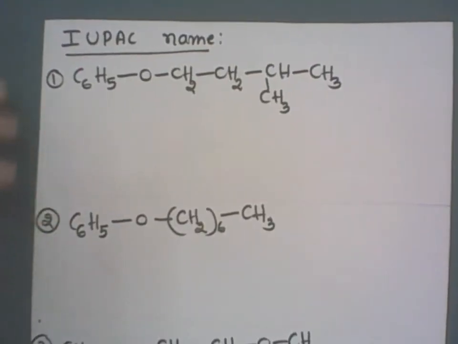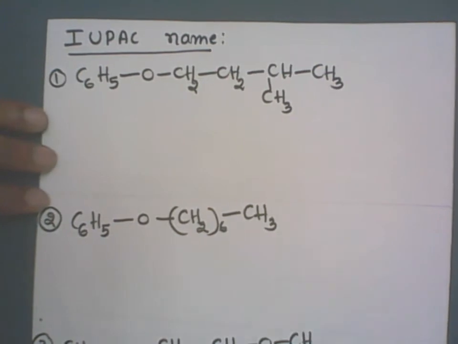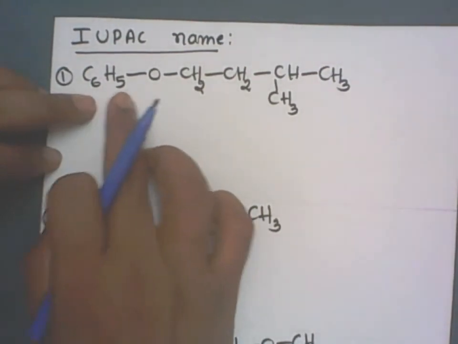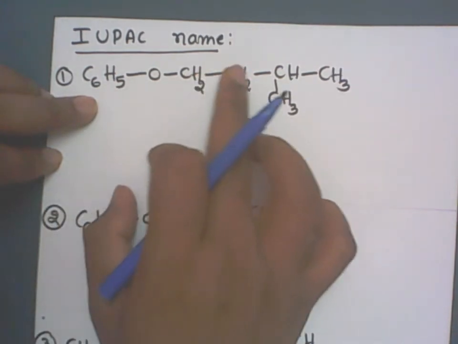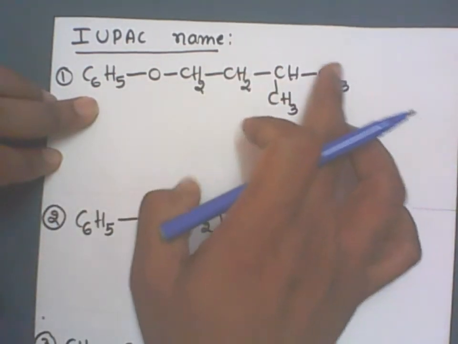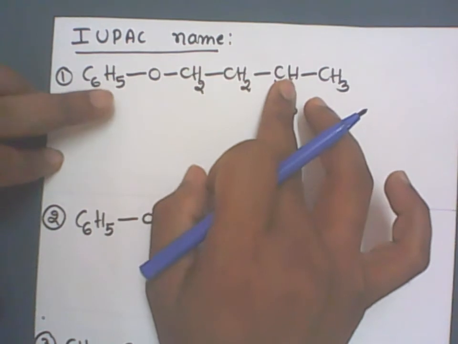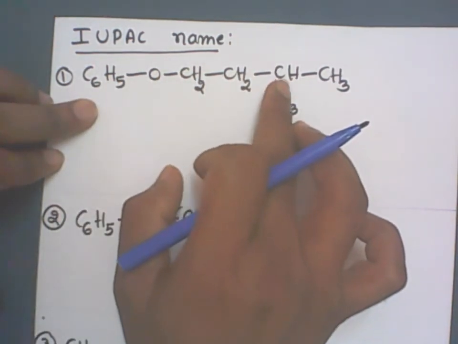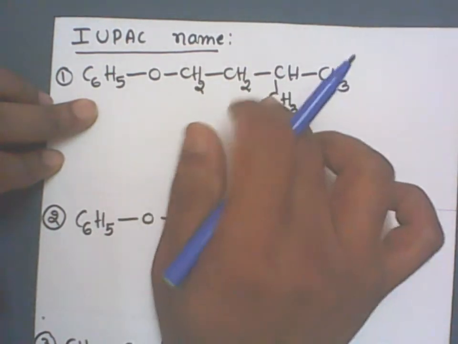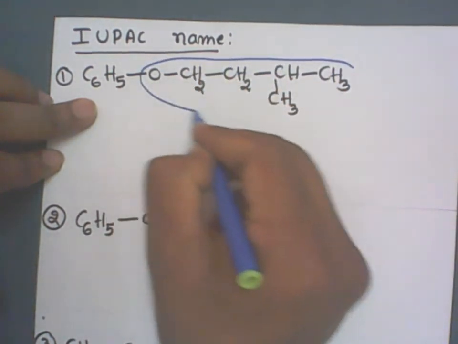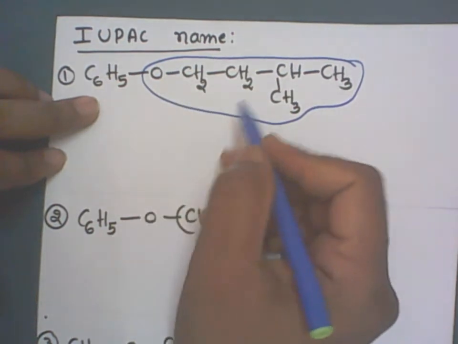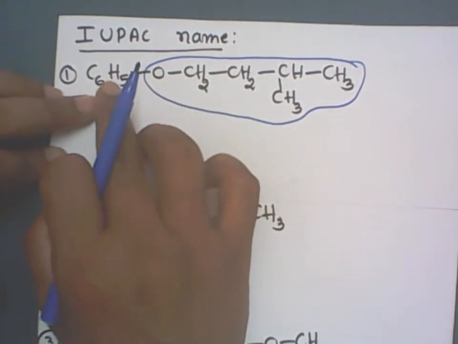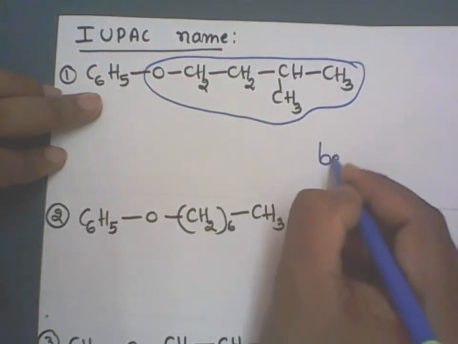Let us write down the IUPAC name of some extra compounds. See the first compound here. We have got benzene attached, then carbon number 1, 2, 3, 4, 5. Altogether 5 carbon atoms are this side and there are 6 carbon atoms. So this group contains lesser number of carbon atoms. Therefore, it goes along with the oxygen atom. So this is like an alkoxy. What is the main alkane? Aromatic hydrocarbon benzene. So therefore, name ends with the benzene here.